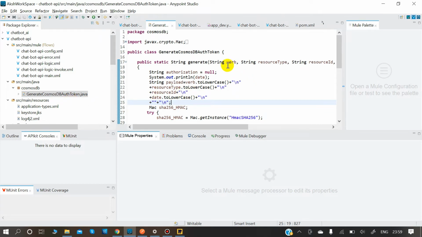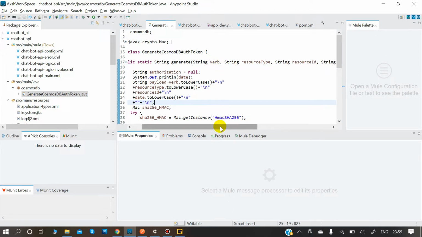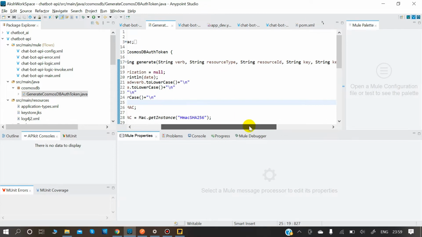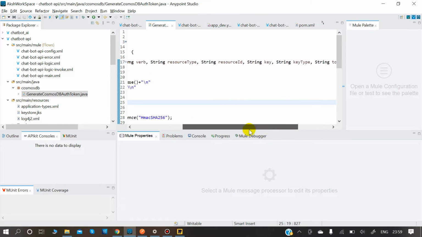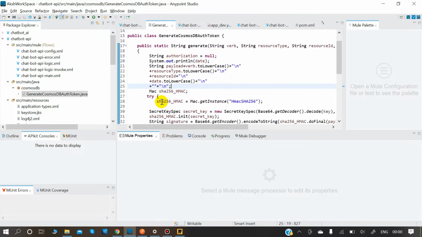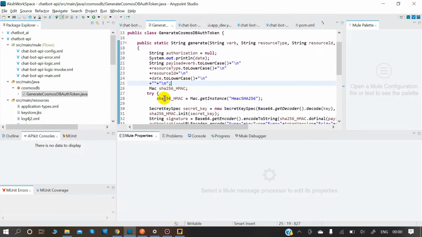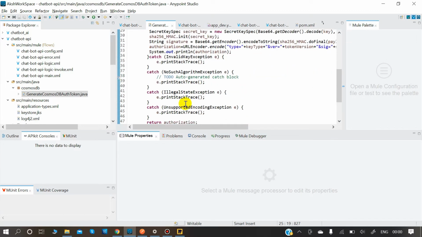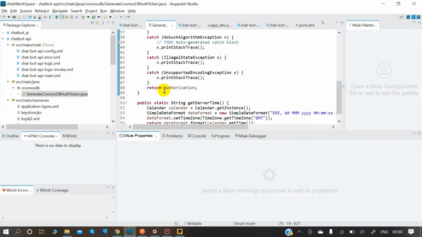As you all can see, this particular function takes the verb, resource type, resource ID, key type, token version, and date. In the string we are converting the verb to lowercase, then the resource type again to lowercase, and in this way we are creating this SHA HMAC. The HMAC is used to encrypt that particular token, which further gives us this authorization token.